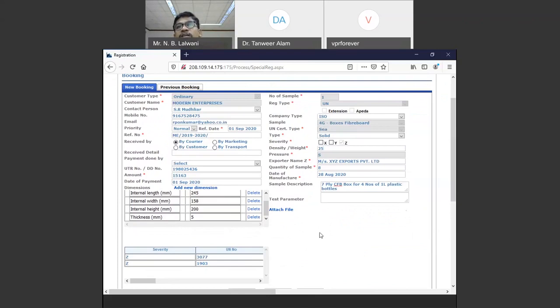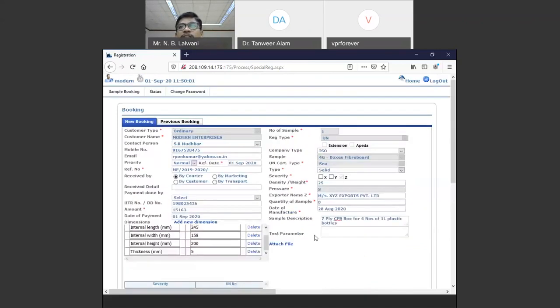Once we register, when I click on the registration I will get a pop-up in my window, that is the registration number. The same thing, you will get as an SMS. You will get a message to the number you entered here, stating that this registration is done, and this is your registration number. So for further correspondence, you can always quote the registration number so that we can track exactly where it is.